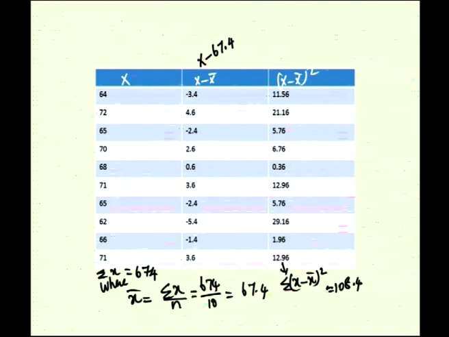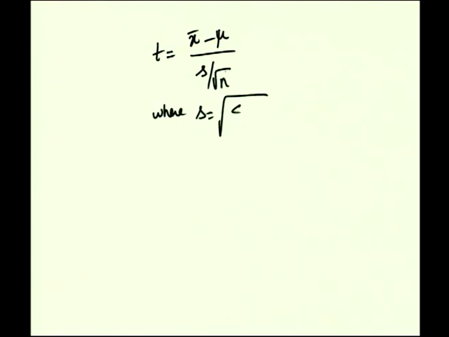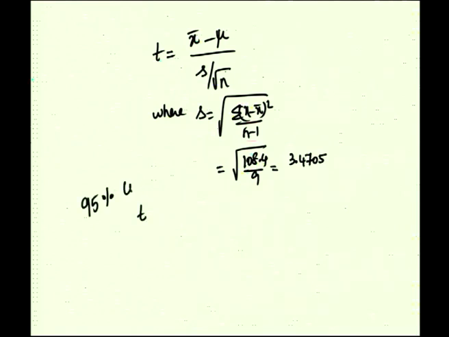So, now we will calculate the 95% confidence interval for the population mean. t is equal to x bar minus mu divided by s by root n, where s is equal to root of summation x minus x bar whole square by n minus 1. So, summation x minus x bar whole square we just found as 108.4 by 9, which gives 3.4705. This is the s value, and therefore, to find the 95% confidence interval,